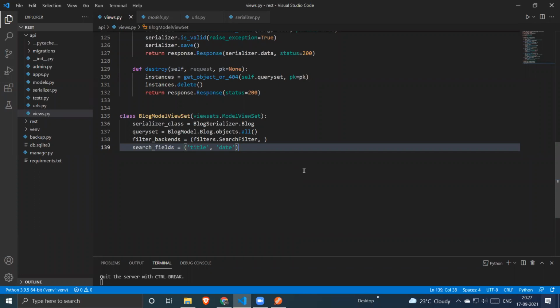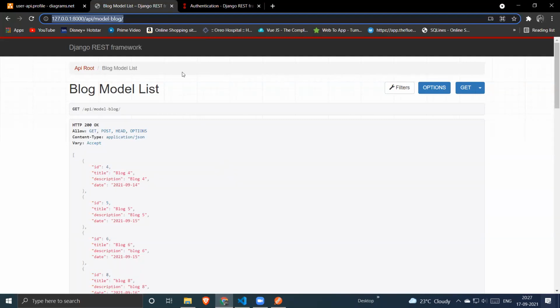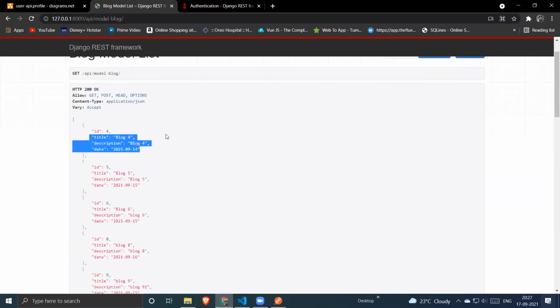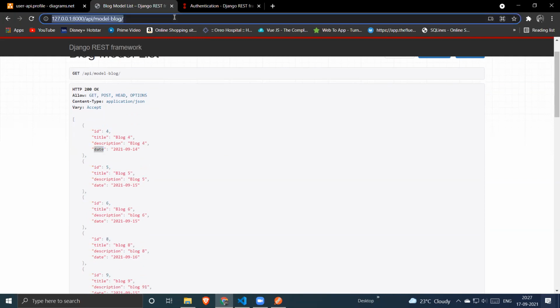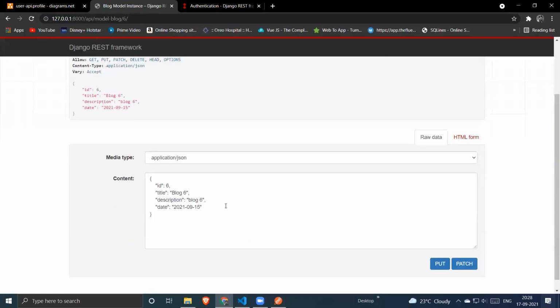Because the profile cannot be updated by anyone, right? So let's consider this example. Consider this title is a username, description as a first name, and date as a password. Consider this is a user profile. So what I want to do, I want to just update my password or my username only. Can I do that? Because right now, if I visit the sixth ID, I can just directly make a patch or put request and update the entire object or partially update it, right? So what if I have to just update my own profile, not everyone's profile?